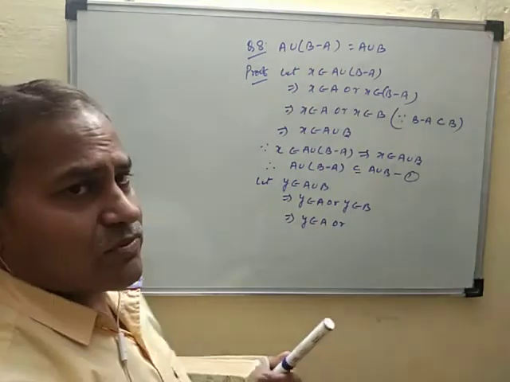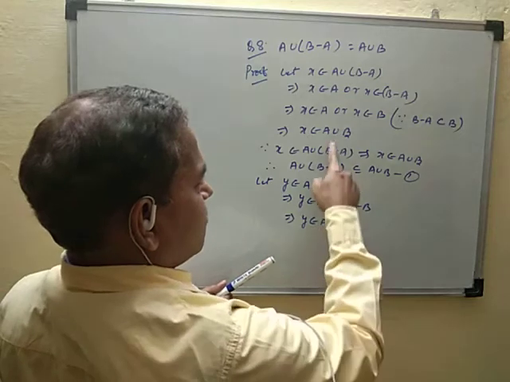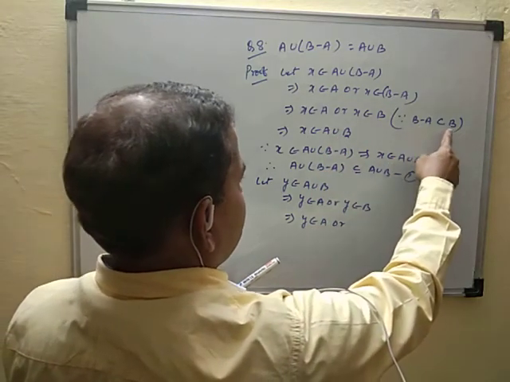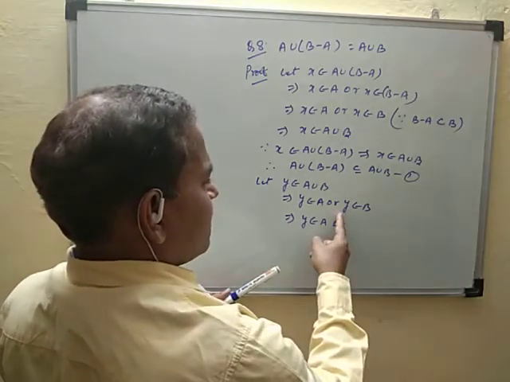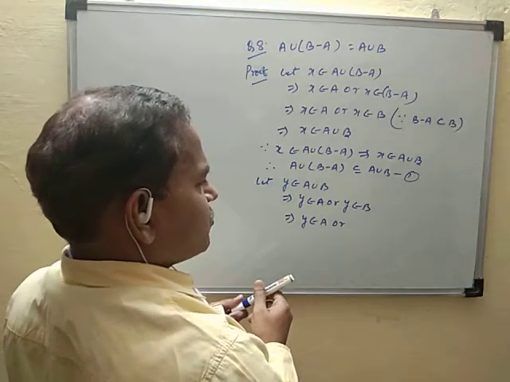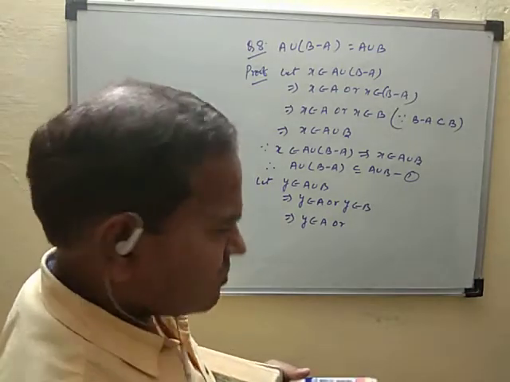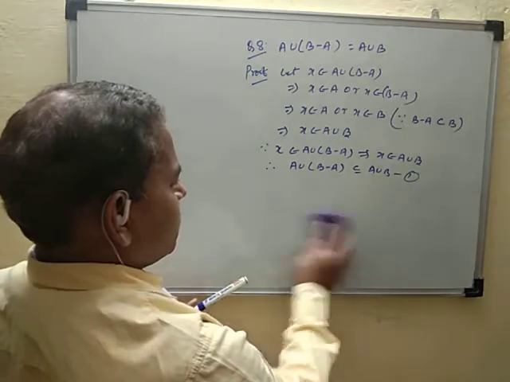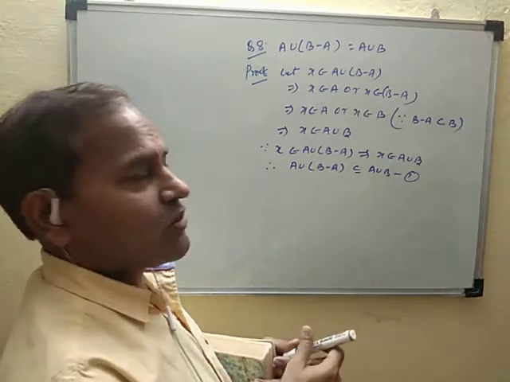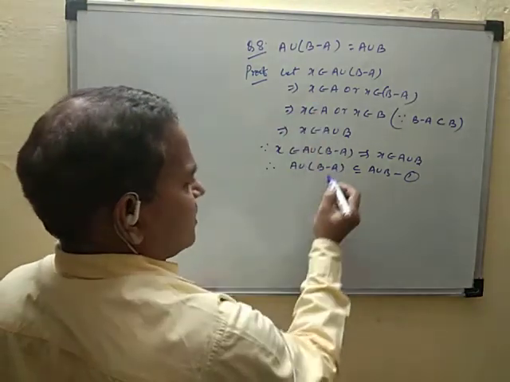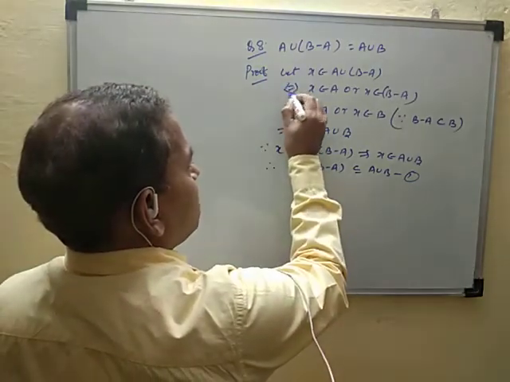How to show? कैसे दिखाओगे इसके बाद? Y belongs to this, B minus A is the subset of this, Y belongs to B, and Y be any element of B. So Y belongs to A, this implies, और आप एक ऐसा भी कर सकते हो, इसमें हाफ पार्ट आप इतना को हटा दें, यह पार्ट नहीं दिखाना हो, आप कैसे इतने में प्रूफ करोगे? ये तो इतना समझ में आ गया। सेकेंड पार्ट के लिए क्या करेंगे, आप इसमें सिंबल लगा दो इम्प्लाई,